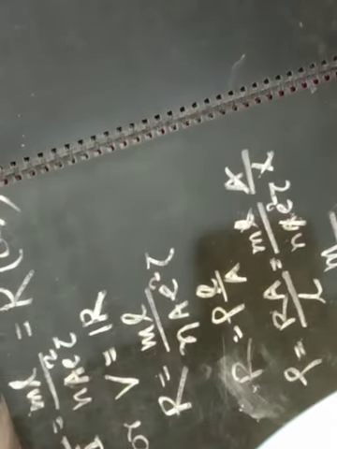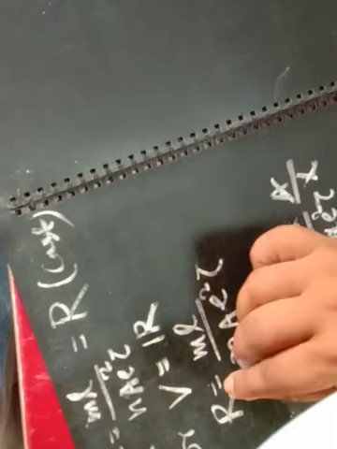We can use it in terms of relaxation time. Sometimes the question will come: find the expression for the resistance in terms of relaxation time. In terms of relaxation time, you have to bring this relation. Find the resistivity in terms of relaxation time, you have to find this one.